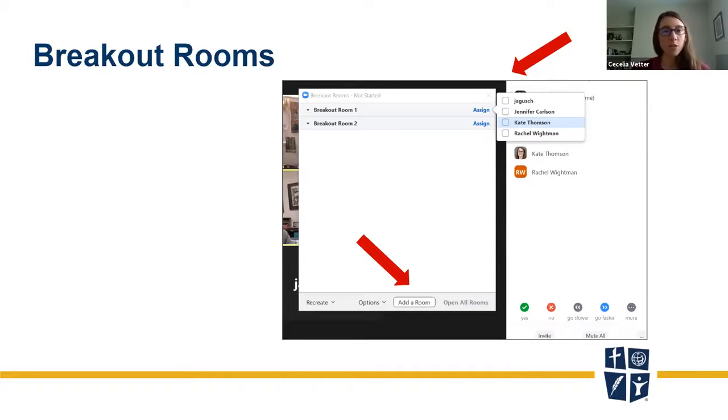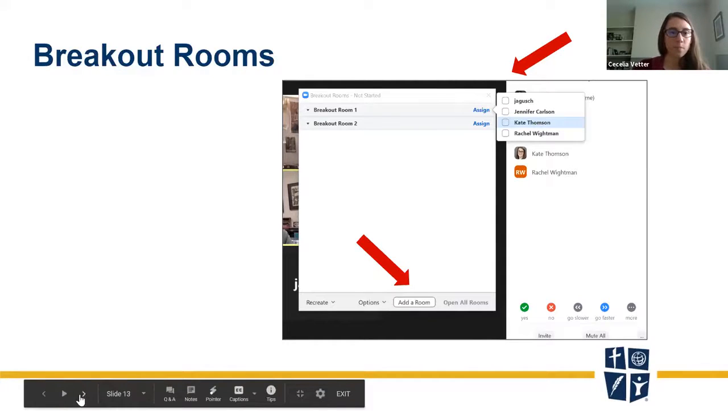But like Kate said, there is an option to pre-assign your students to breakout rooms that we would consider a little bit more of an advanced feature, and we're always happy to help you one-on-one if you have questions about that. As you can see, when I had 2 breakout rooms created, there was just an assign button on the right-hand side of each breakout room, and it allows me to check the names of the people that I want to join that room. Next slide.